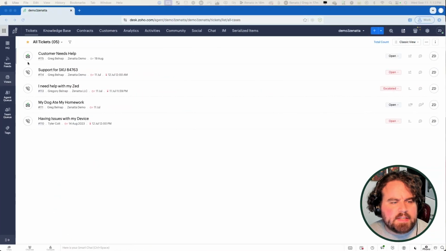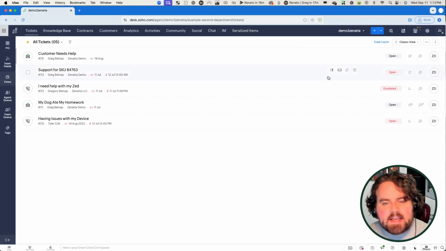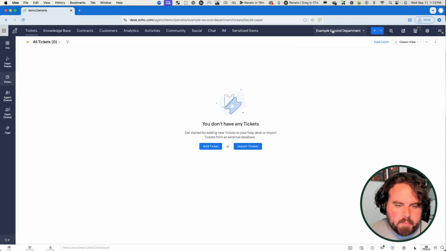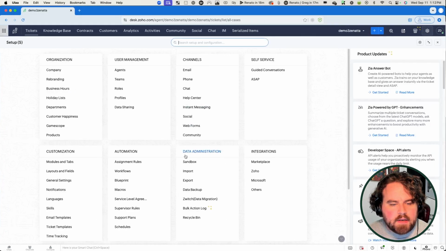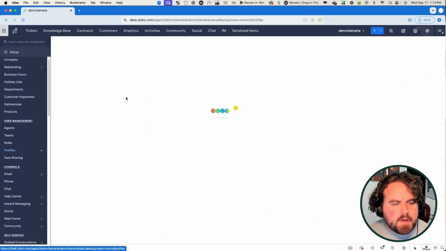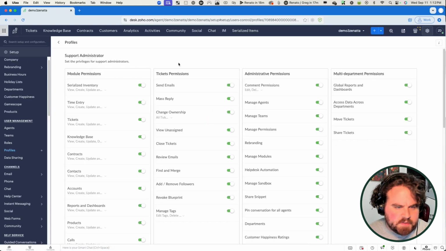If I come here to a list of tickets, obviously tickets can only exist in one department at a time. So I have two departments in my demo account here, the Demo 3 Zenatta department, and then this example second department that doesn't have any tickets. Currently, in my user management profile settings, I have that obviously the support administrator can do anything and